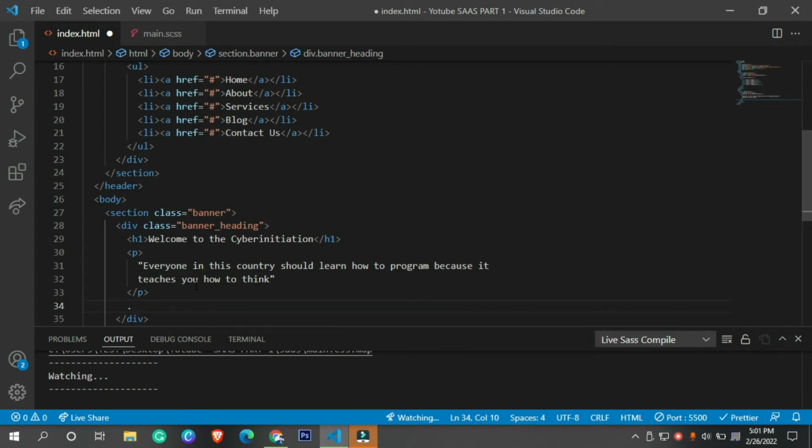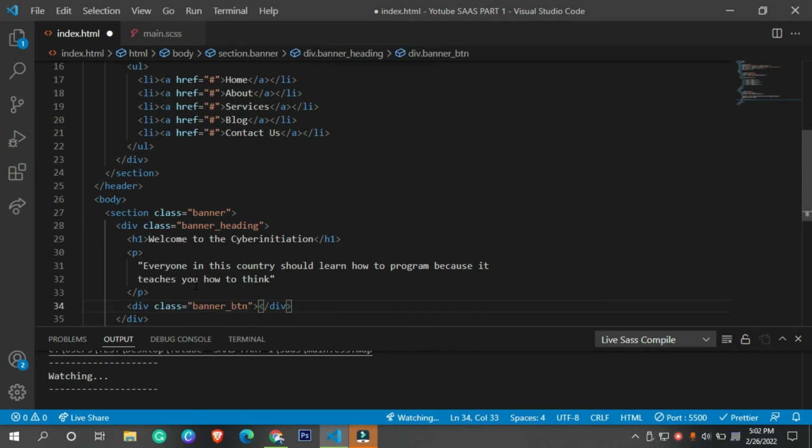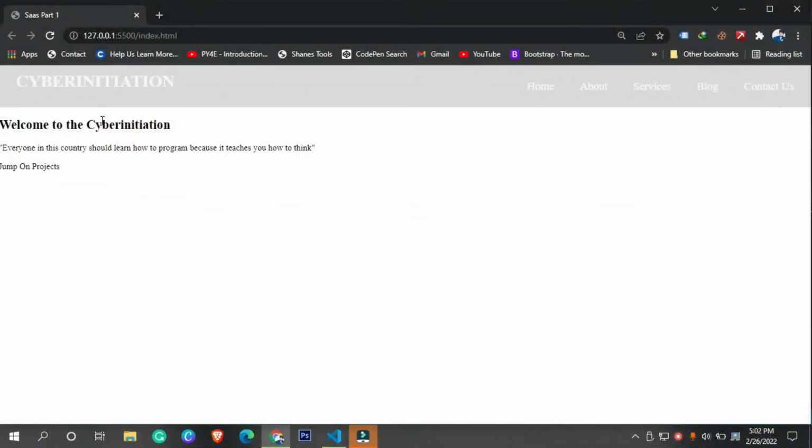So let's say underscore, or we need to add this banner heading or banner btn, btn white, and let's say the text is jump on project.